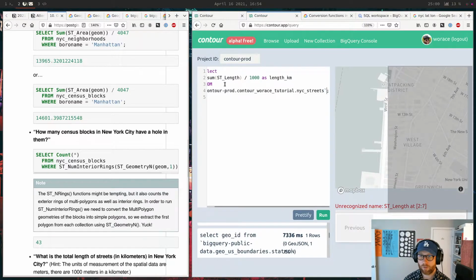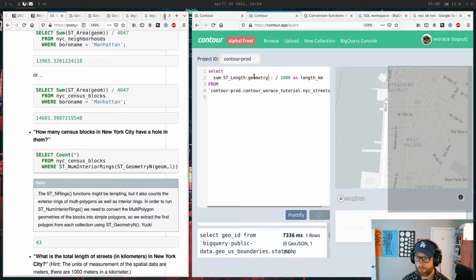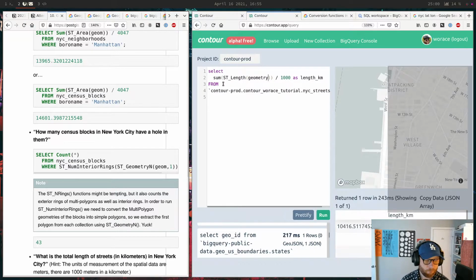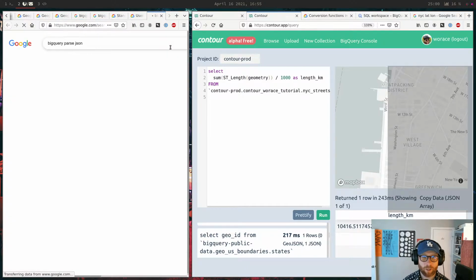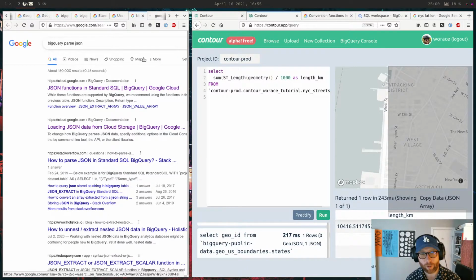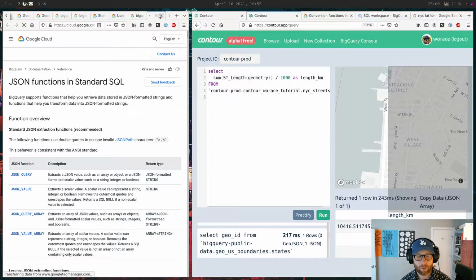Oops. Oh god, I didn't even finish writing that query. Geometry. Parse the string. Yeah, can you even parse JSON? I don't even know if you can, or what you would get out of it.